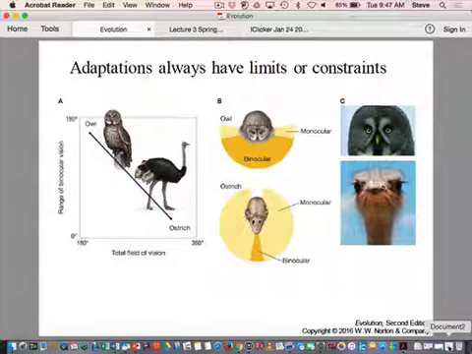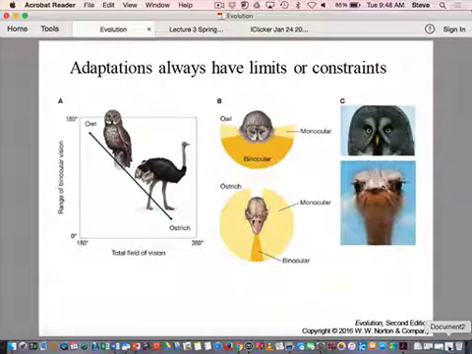So these are pretty dramatically different kinds of birds. And what's different about an owl and an ostrich? Size, okay? What's different about the way they make a living, too? Their eyes, okay? And these eyes probably have something to do with what they eat or how they're eaten. So when you look at owls, and along here is the total field of vision versus the range of binocular vision. When you look at these things,